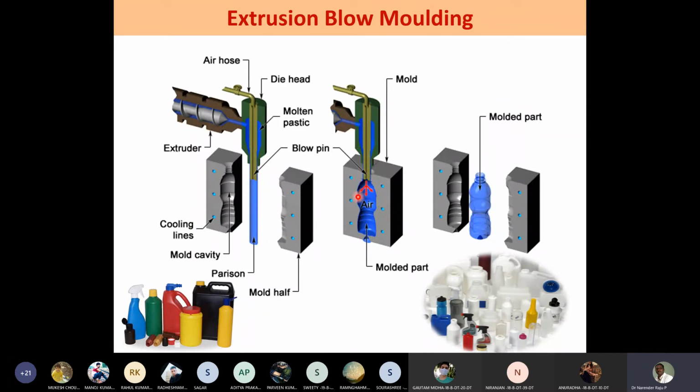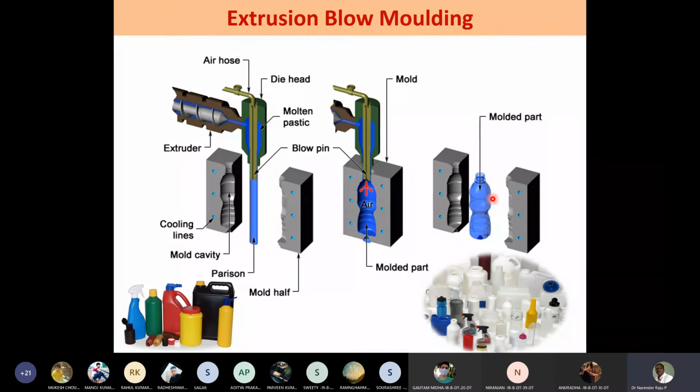You see, the air will try to reach the cavity at all the places, and it takes the molten plastic along with it, and the plastic material will collide with the cavity and remain intact for some time, and this cavity is passed with cool water so that the molten material will retain its shape. At the end of the operation, you can recover the